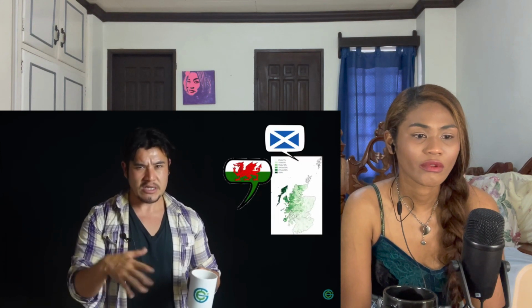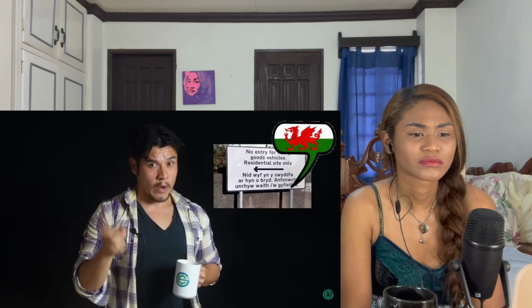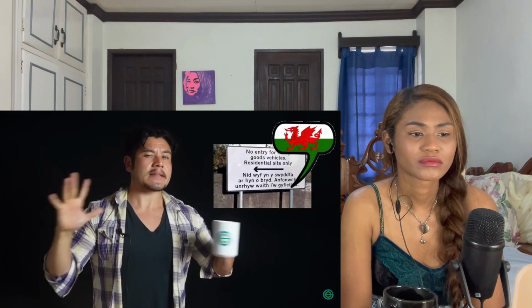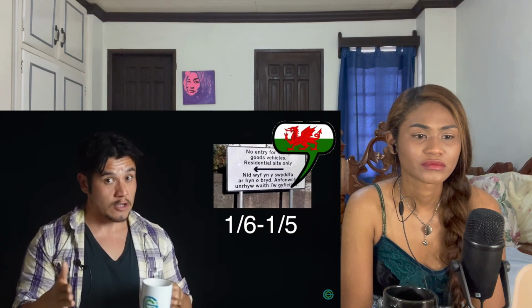Both Scotland and Wales are Celtic in their roots, so they are essentially the cousins of the Irish. They even have their own languages. However, Scots and Scottish Gaelic are kind of a dying language. Few people speak it. Whereas Wales fares a little better in the linguistic maintenance department, as about a 1/6 to a 1/5 of the Welsh population still speaks Welsh pretty fluently.